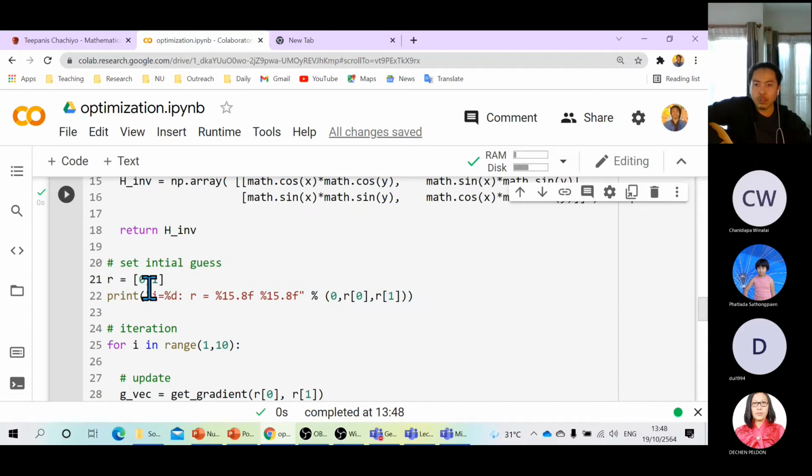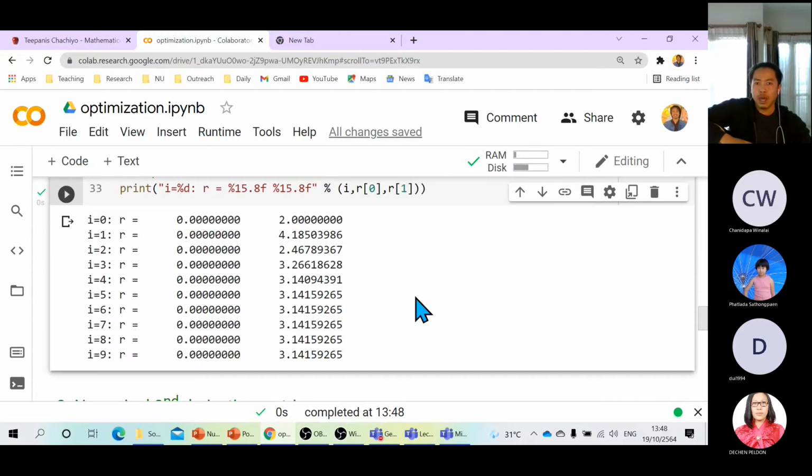Okay. Now, suppose I go to 0, 2. What happens then? Click run. Oh, now it goes to something else. It's not 0, 0 anymore, but something else. So this must be a new, what we call stationary point. Can you guess the value of this? 3.1415. Is that pi? Okay, very good. That's pi. So the answer for this case is 0, pi.